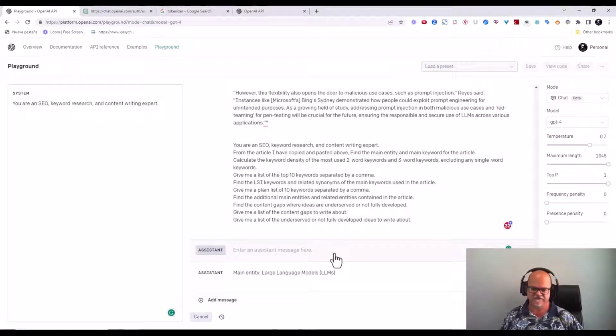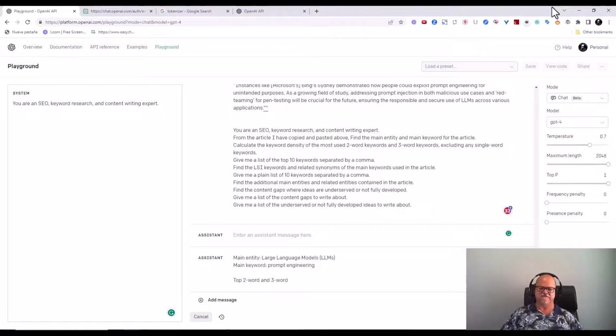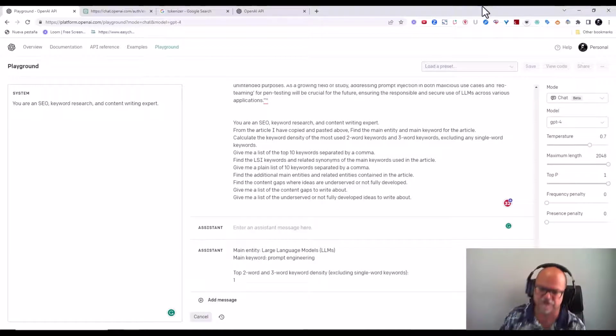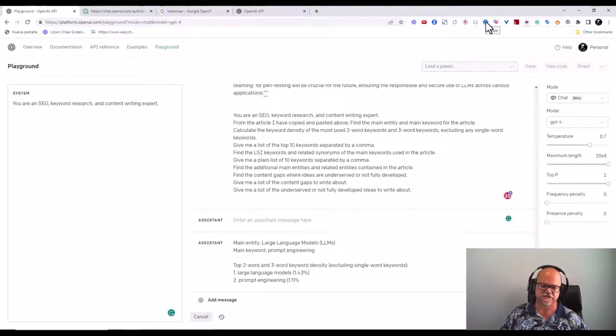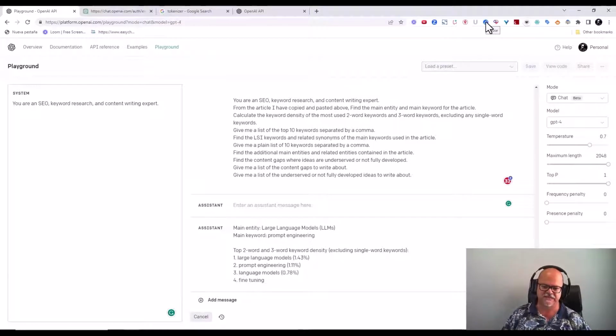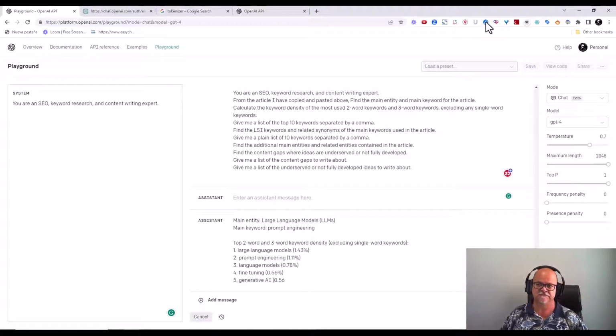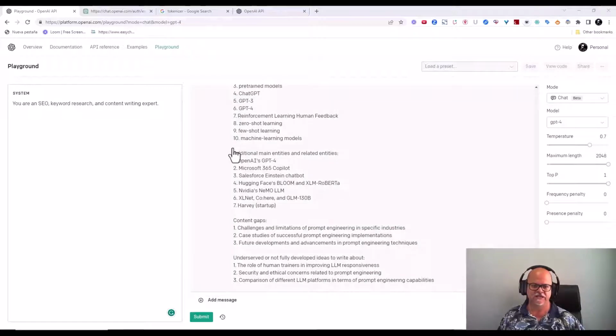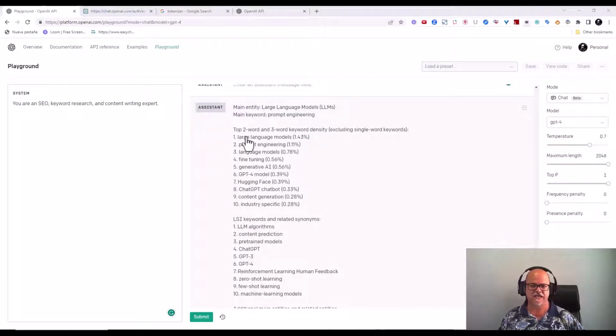And it happens pretty fast. It's going to give me the results that it finds. I am going to pause the video while it's finding the results, or while it's finding the prompt that I requested. You can see it going. Okay, I'm back. There it is. There you see it. And it gave me what I requested.